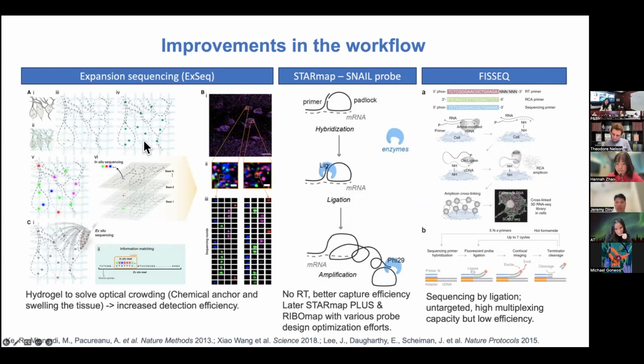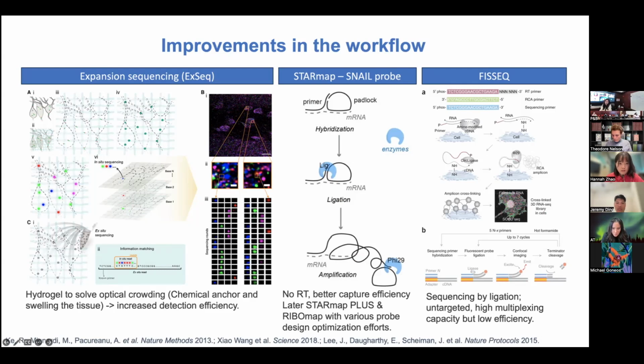Expansion sequencing was to overcome the crowding issues that all of the technologies had, where you're cross-linking everything, embedding in a hydrogel, and expanding it so that you can have more probes bound within the given area. There are a few different ways people developed, like SNAIL probes so that they can use enzymatic reactions to amplify the signals, or FISH-seq, where you're using different fluorescent probe designs